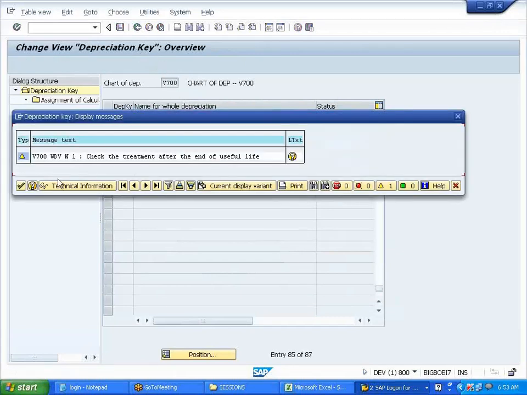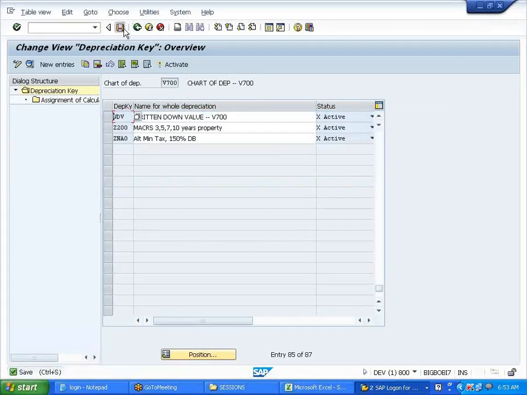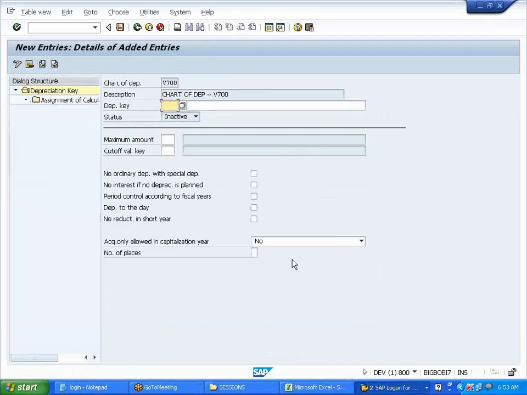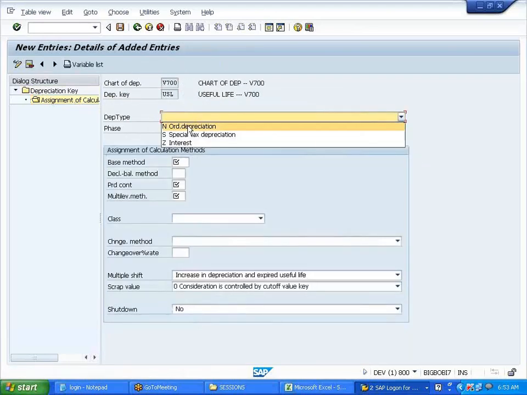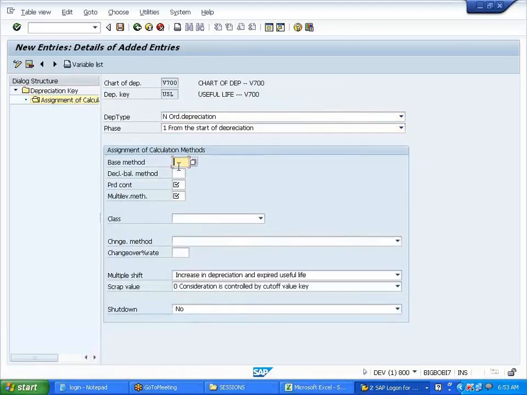Select this, activate. Again click on new entries. This is useful life, right? One more. Based on useful life. This is very commonly used more in the US. So this is useful life I'll use.